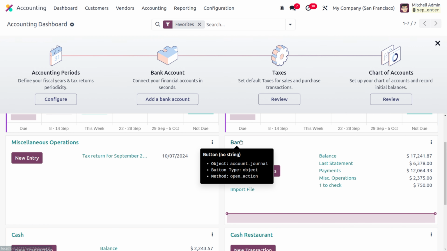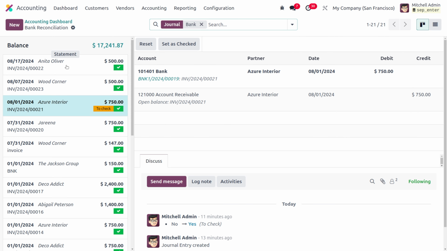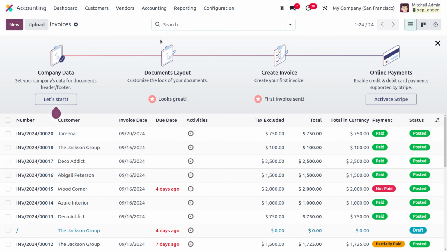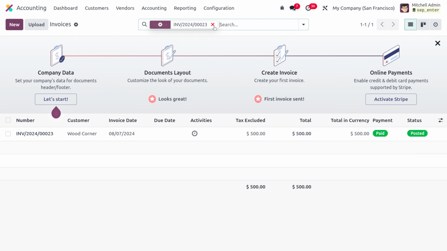So once you create it, the statement will be updated over here. And here you can see that now the Wood Corner payment is auto validated over here. See, you can see that it's auto validated. And as you move on to the invoices, and when you search for the reference number, here you can see that it has moved into the paid state. So it is very simple to manage checking for matching invoices or vendor bills in Odoo 17